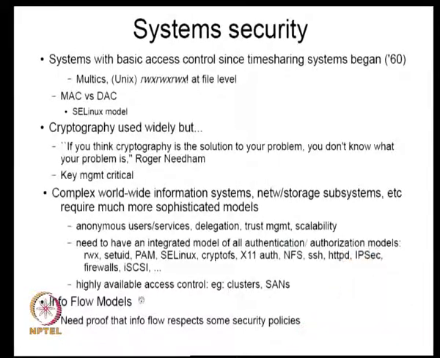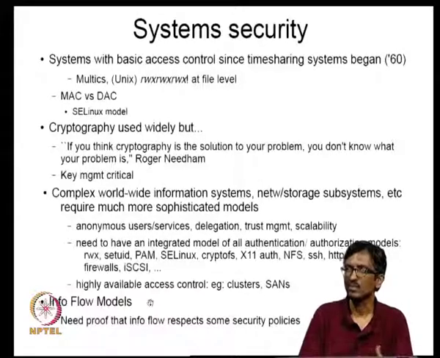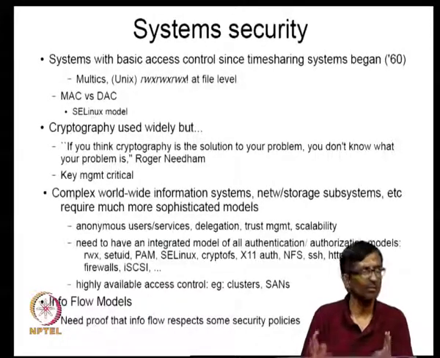You also need information flow models, which is basically what I was talking about earlier. If you have this mandatory access control kind of models, I want to be able to say where things are, where the information is going. Can I keep control over it? A good example of this is, suppose I have a virus scanner. I am doing virus scanning on my machine,